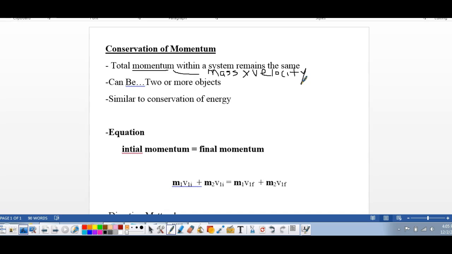And so far we've been looking at single objects, really. We've been looking at how much momentum a car has, or a truck, and it has so much mass, it's going down the road. How fast is it going? We just multiply them together and we get a number,